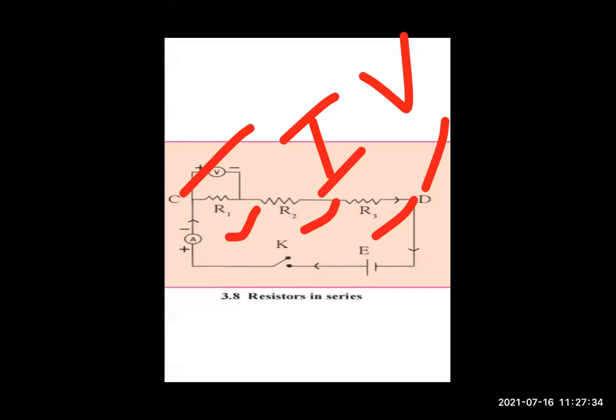When you substitute, you get IRS equal to IR1 plus IR2 plus IR3. So RS equal to how much? I gets cancelled and RS will be R1 plus R2 plus R3. If there are n resistors in series, then RS equals R1 plus R2 plus R3 up to Rn. Rn means the nth resistor, however many there are.